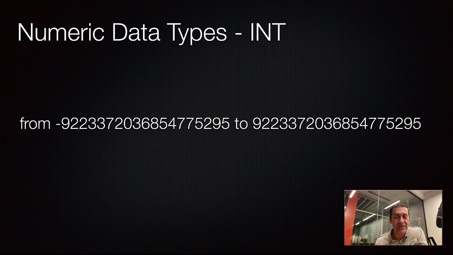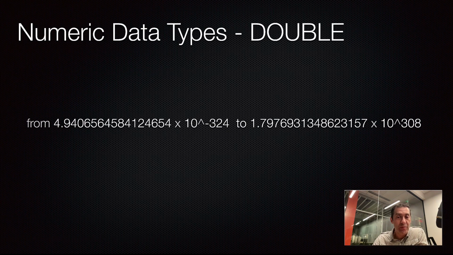So int, these are the ranges supported by the BackEndless database. As you can see, these are huge astronomical numbers supported by int. And with double, it gets even larger. So these numbers are actually humongous. And double, unlike int, supports a floating point. So for instance, if you need to store data that represents currencies, and your currencies may go from very small to very large, then double would work for you for that case.